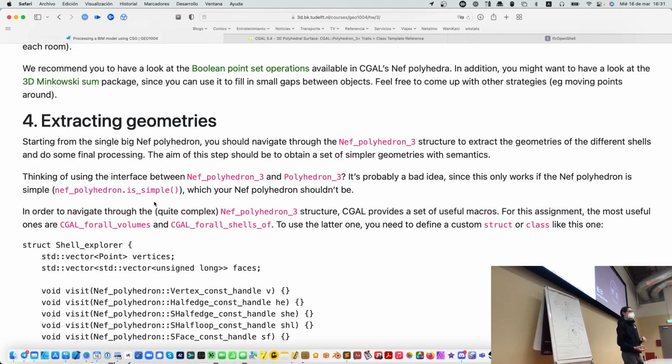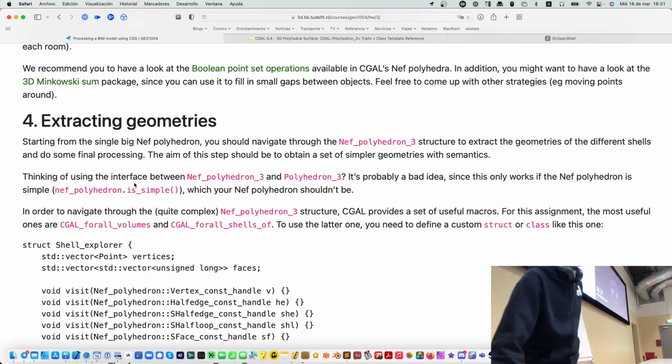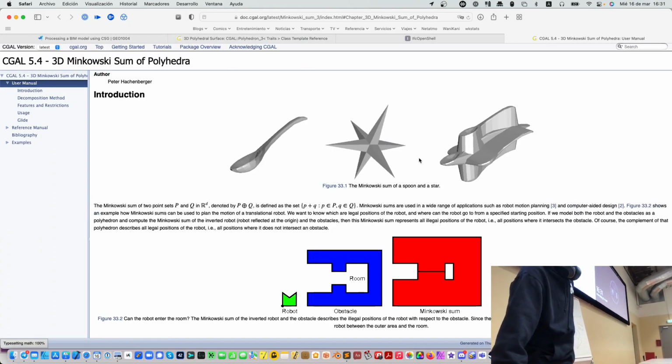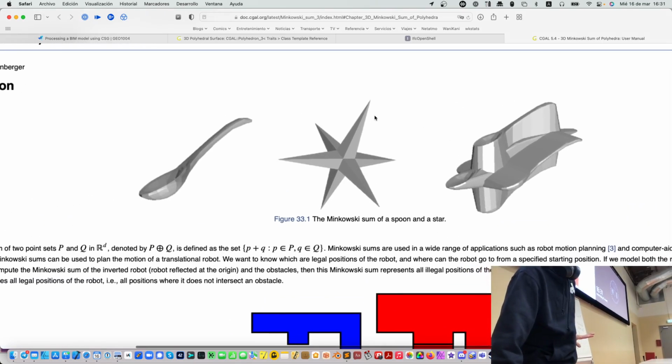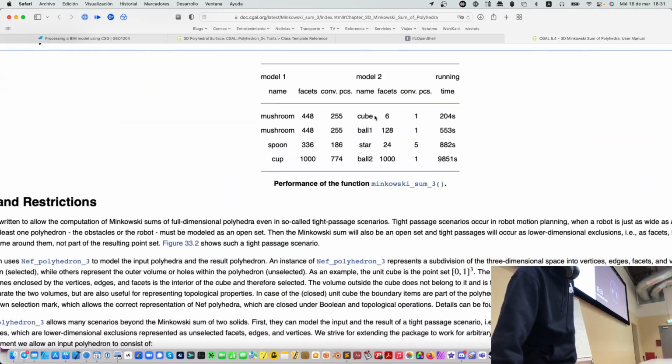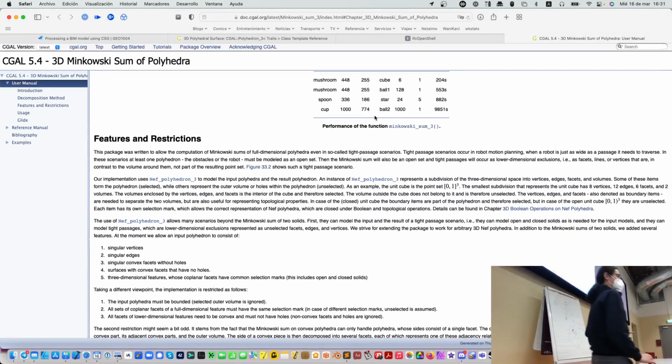So you can do some manual fixes. And for this, there are some suggestions. There's this 3D Minkowski sum package. This is not something that we discuss currently in the course, although maybe we should for next year. Yes, manually program it, using the help of this CGAL package. So, if you're familiar with mathematical morphology in 2D,